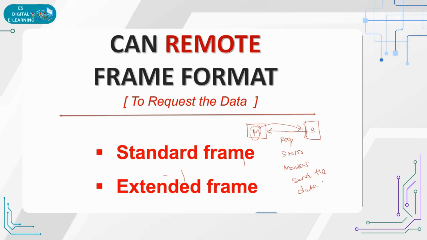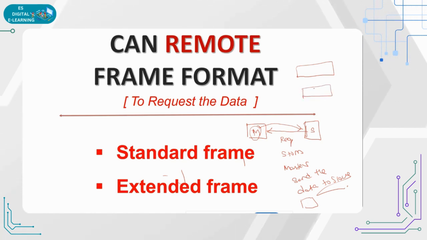Master sends the data to slave. Okay, so how is this request happening? We know what the data is and how it is sent, so we have the data format. Now the slave is requesting. What is the format that the slave is able to request with? Because